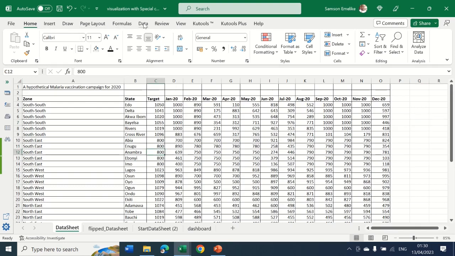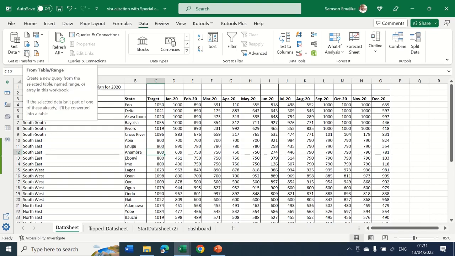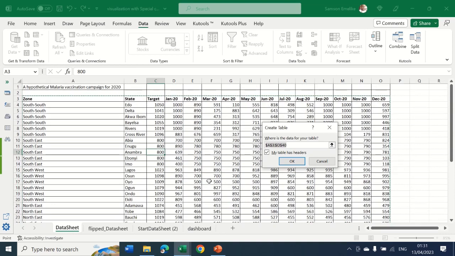So I'm going to my Data tab here. This is Get and Transform Data. So we are getting data from here and we are going to transform it. And my source is From Table or Range. So if I click this, it has recognized that this is not a table. And so it's requiring me